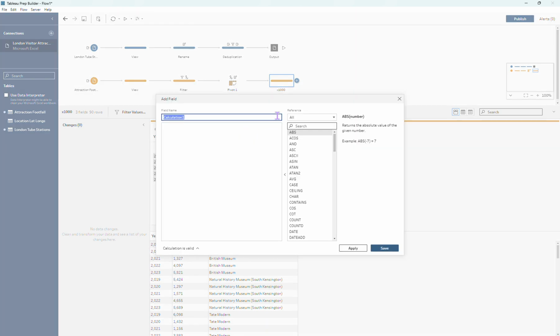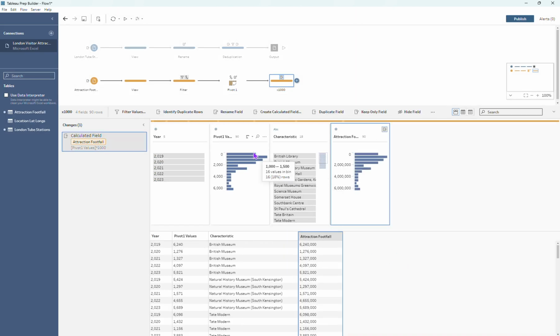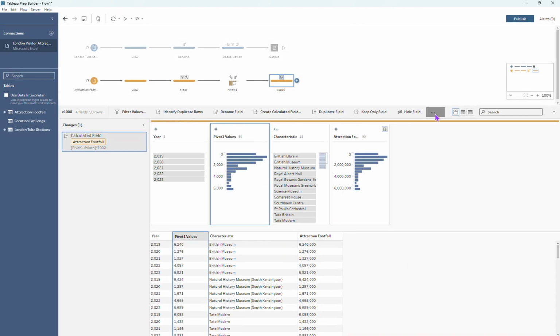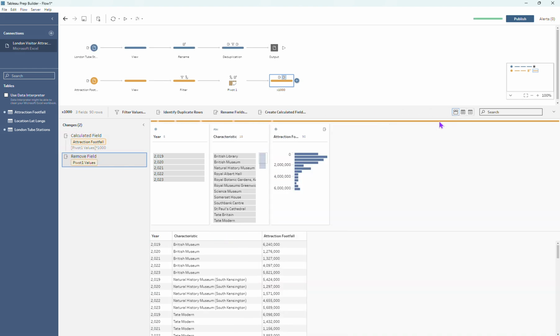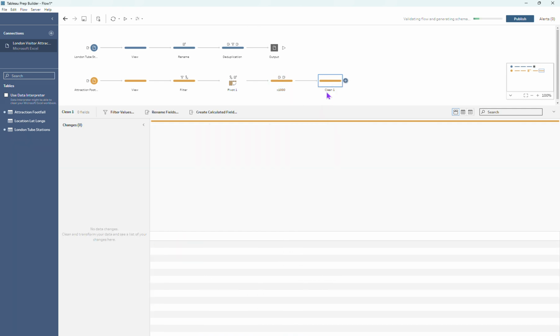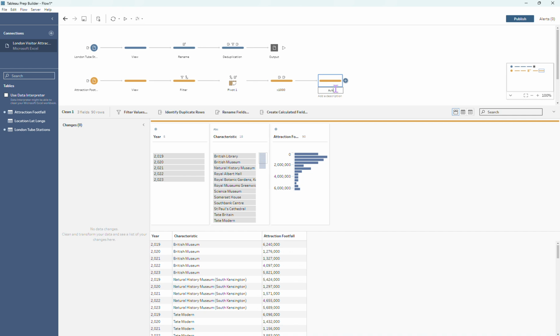So I'll create a calculated field, I'll call it attraction footfall, and I will just take that pivot 1 values field and multiply it by 1,000. Lovely, and then I can get rid of that original pivot 1 values field. Awesome. So now it's probably the trickiest part of the challenge, where I now want to create the average footfall